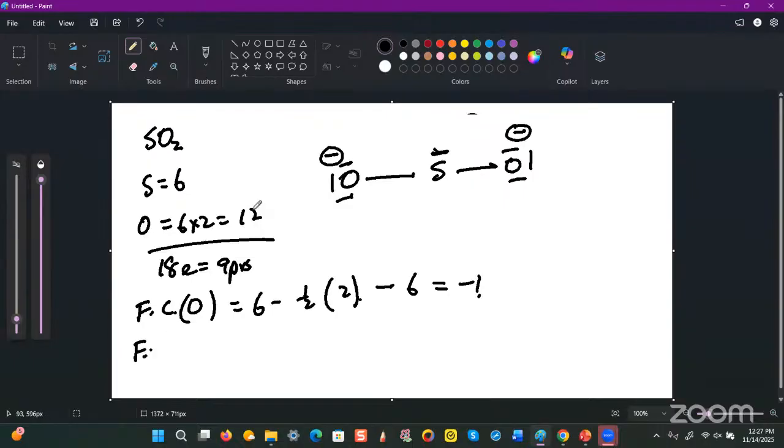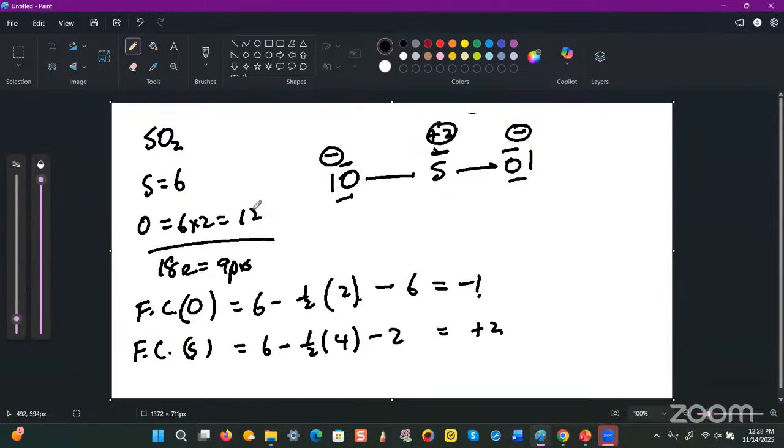And then we do a similar calculation for sulfur, all right? So that would be equal to what? How would we calculate the formal charge of sulfur? So it'll be 6 minus 1/2 of 4, minus 2. So that's 6 minus 2 minus 2, that gives you what? Plus 2, all right? So each oxygen has a -1 charge, and the sulfur in the middle has a +2